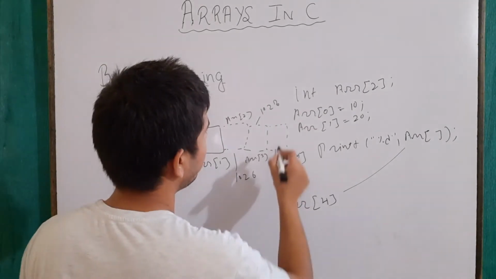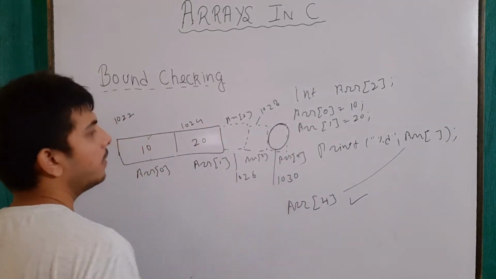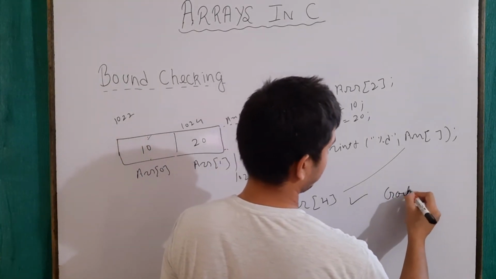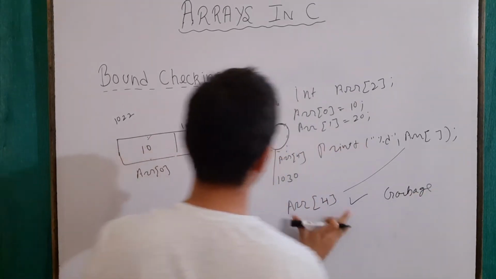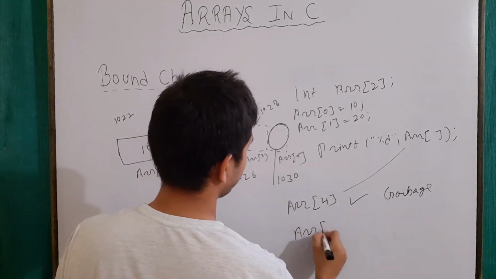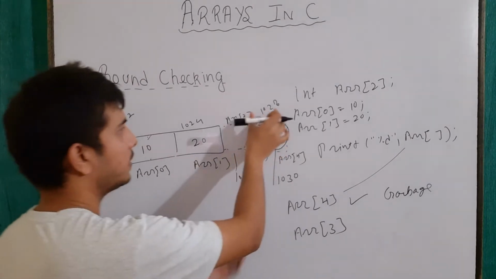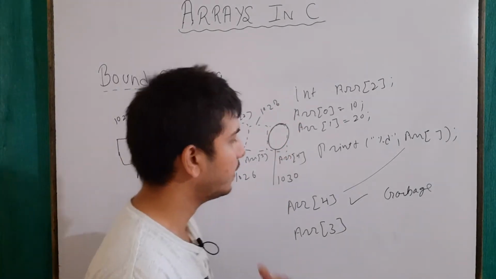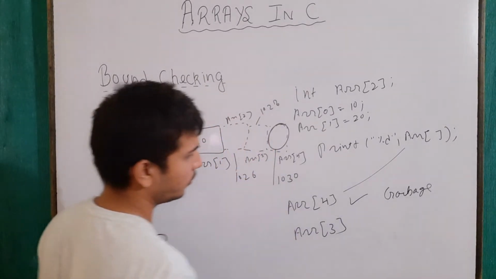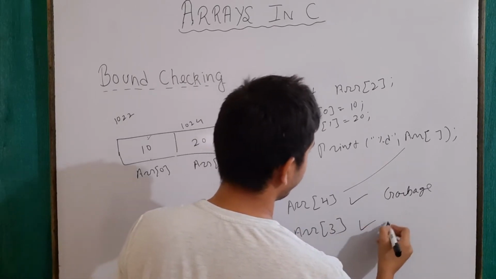So whatever is present here will be printed. The output will be unknown to us, and in general we call it garbage. So this time our output will be a garbage value. Similarly, if I write array[3], we don't know what is present in this memory location. It could be anything: 10, 15, 18, 19, we don't know, or a long number also. So here also this will print garbage.